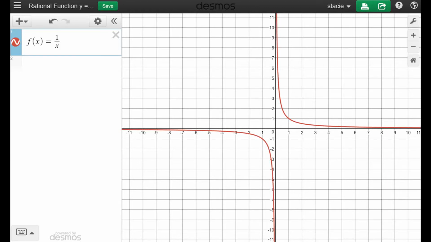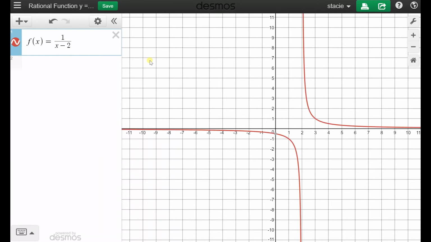In this video, we're going to talk about rational functions and when they have vertical asymptotes, holes, horizontal asymptotes, and oblique asymptotes. So right now we can see the very simple 1 over x, and it has a vertical asymptote of x equals 0. And notice how if I change the linear function in the denominator here, it changes where the vertical asymptote is. Now the vertical asymptote is at x is equal to 1